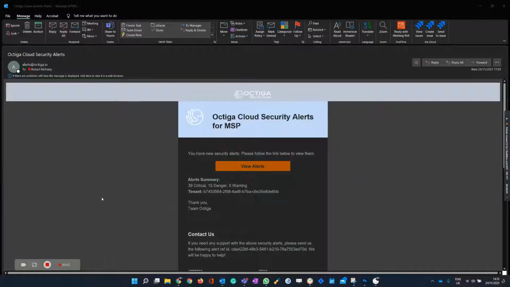Hi. So in this example, we're going to demonstrate how we would investigate a possible breach on one of our client tenants. In this case, I have been alerted from the Octiga app in my email. I've opened the email and I can see here that we have some new security alerts. So the summary for today is that I have 39 critical and 15 danger, 0 warning level alerts on a